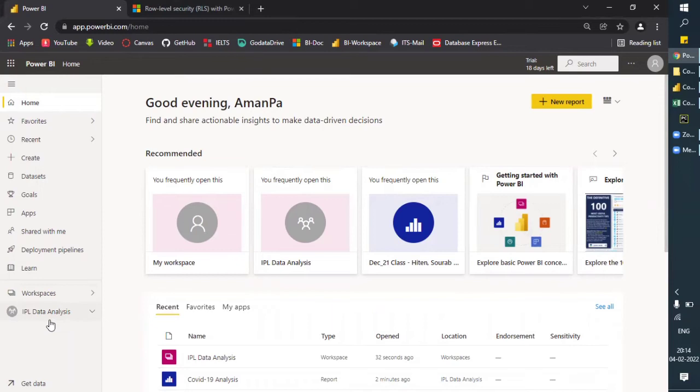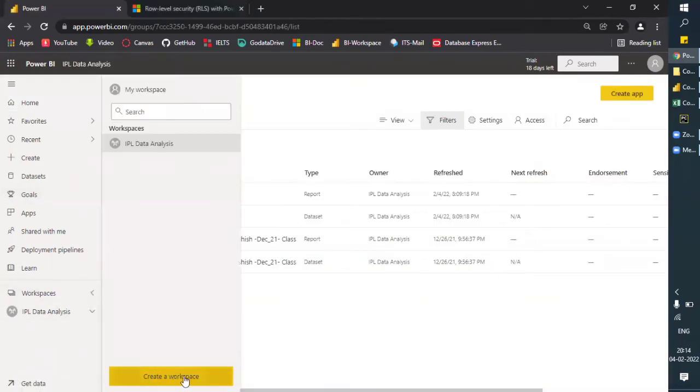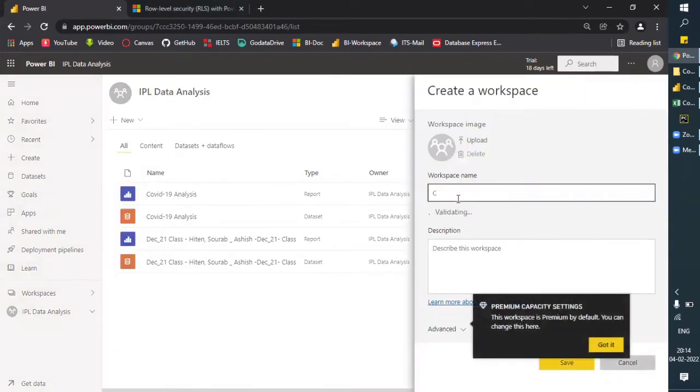So let me just create it and show you. Just click on my workspace, and here you can see create a workspace, and then you can just name it COVID analysis workspace name. Okay, so workspace is only available for the premium users. You can see the premium capacity setting pop-up it's giving me, and whenever you